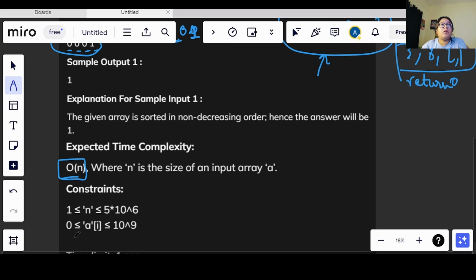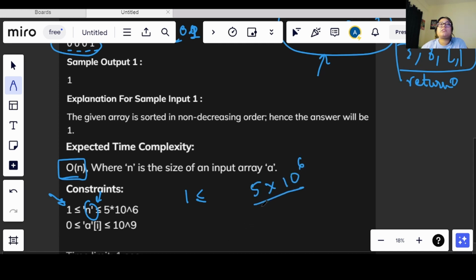Now let's see the constraints. In the constraints we have been told that n denotes the length of the array, and it can start from 1 and go up to 5 into 10 power 6.